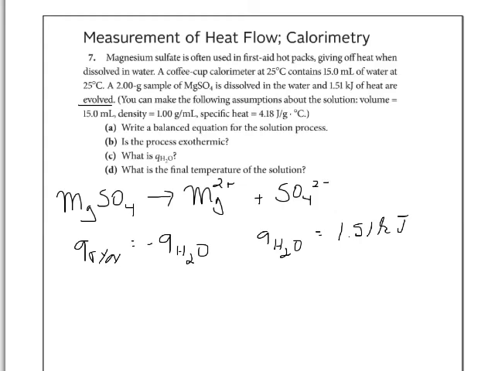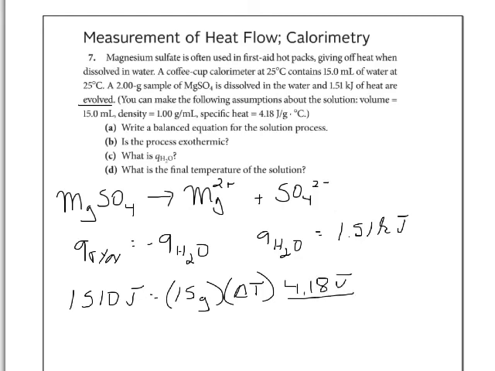So maybe the easiest way to do this is we're going to take our 1.51 kilojoules and we'll make it 1,510 joules. And then that's going to be equal to the mass of the water. We can use that. And we'll solve for delta T. and then the specific heat of water, 1.84 joules grams degrees Celsius. Okay, so when we do that, we're going to get